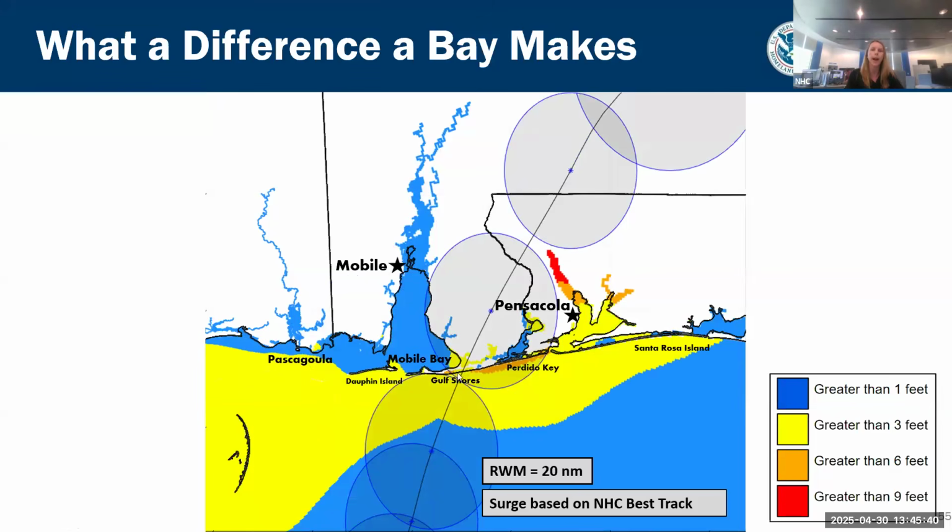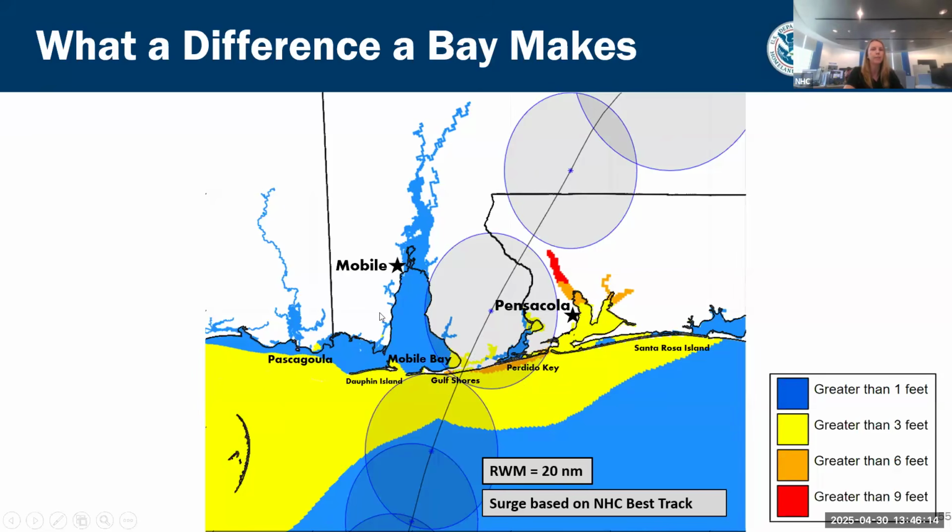You learned about all the factors that influence the amount of storm surge a particular place is going to get from Heather yesterday. And so now we're seeing that small track shift made a huge difference. In addition to that track shift, the RMW, the radius of maximum winds, increased slightly. And so in reality, the storm made landfall here near Gulf Shores. And you can see the radius of maximum wind is pushing the strongest winds into Pensacola, so we see the highest water levels located there.